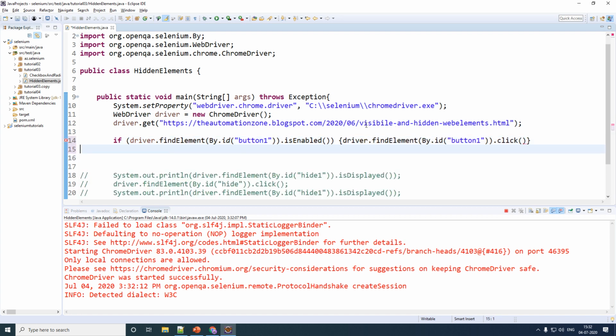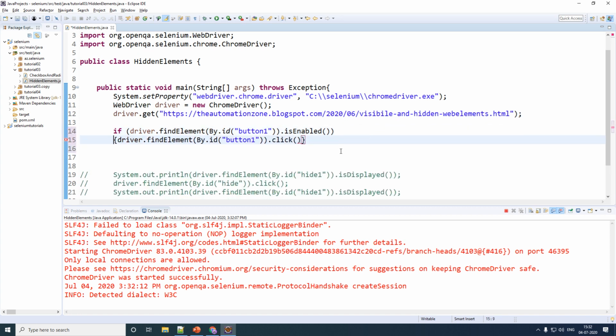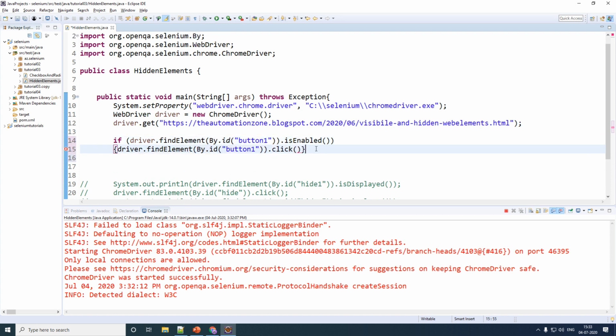This would be a right approach for you to perform in automation. Okay, the problem here was your semicolon should be after your click and not after your brackets.